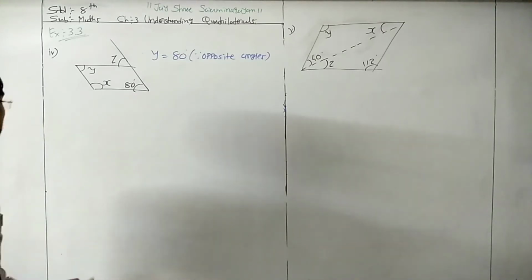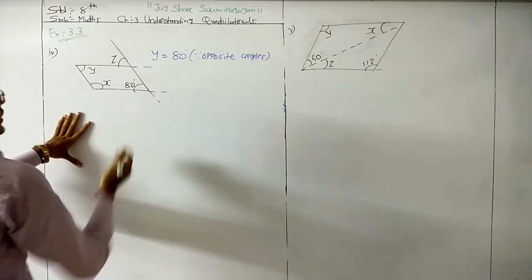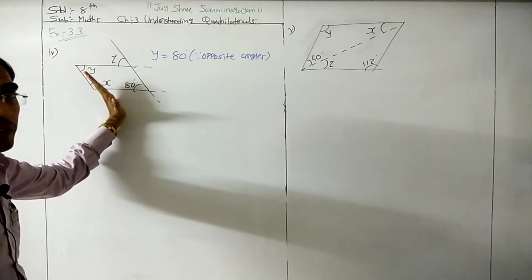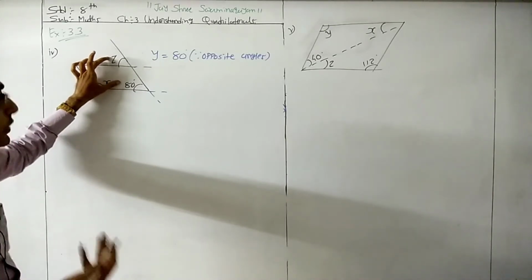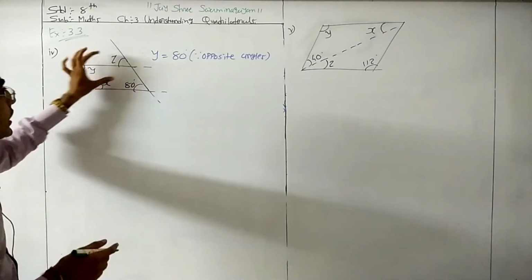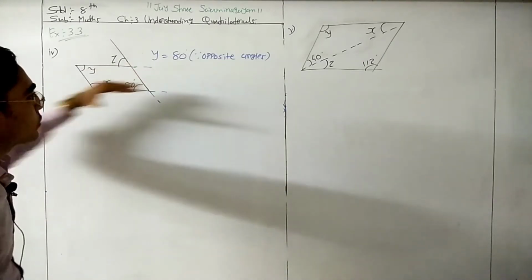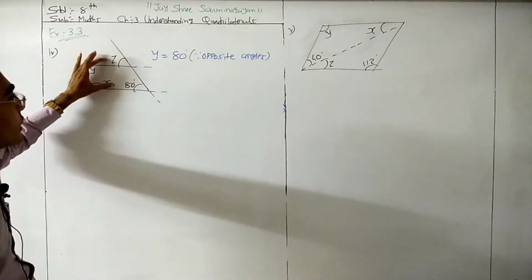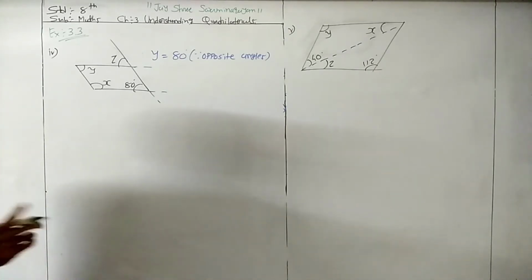Now we can also write the value of z, because if we extend this, it becomes one transversal, right? Both are on the same side, the left hand side of the transversal, and both are upward. So these two are a corresponding pair of angles. These two are the parallel lines, and both angles are on the same side and in the upward direction. So directly we can write z is equal to 80 degrees.